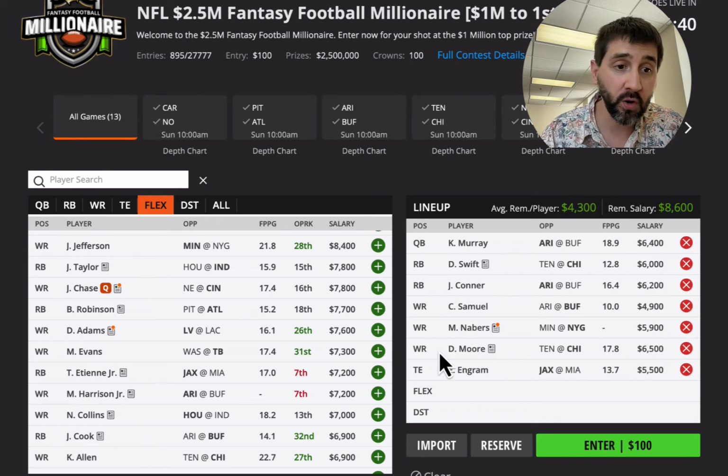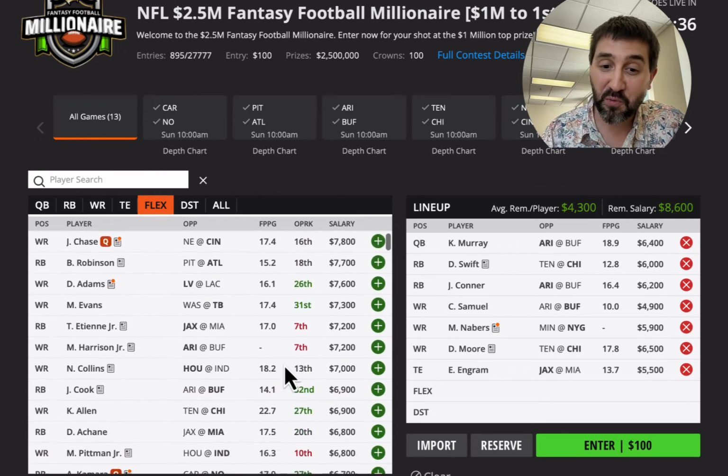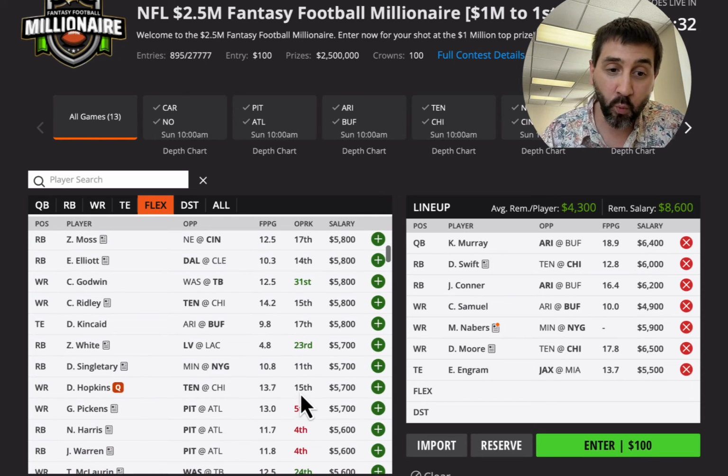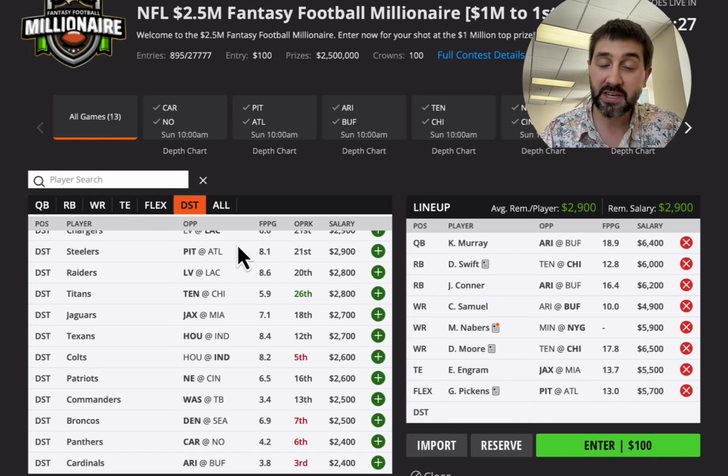Now we're going to move on to the flex spot. We have a guy that I really like, and he's a number one wide receiver. This is kind of a wild card here, guys. I'm going to go with George Pickens, right? He's got great hands. He's a very